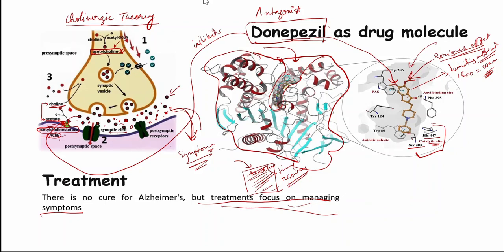To do this kind of work, you should be in a very resourceful lab, but most of the time we don't have this kind of resources, and logically we won't be going through this route. So what we can do is we can do virtual screening, or we can do molecular docking, okay, to see